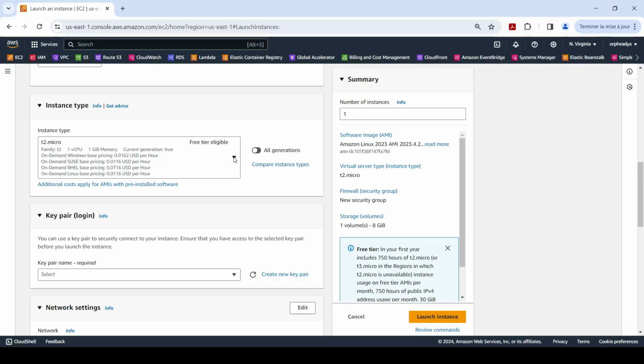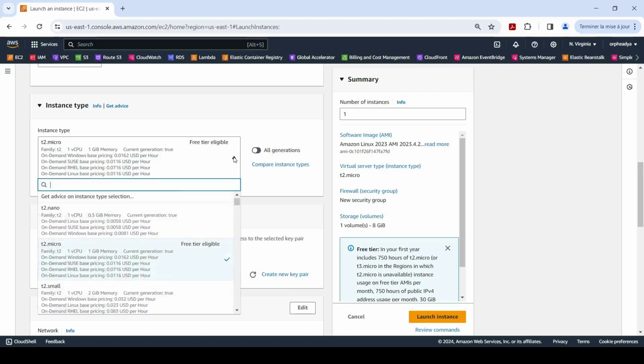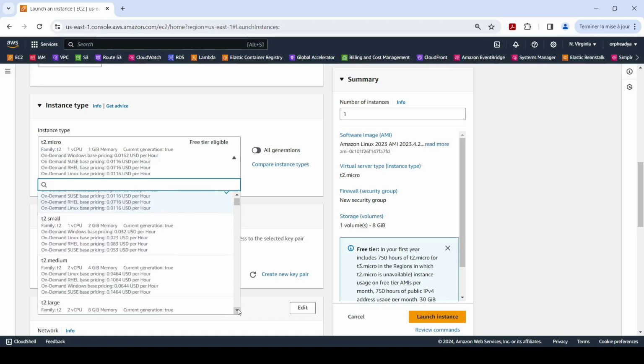If I scroll down, I can see that I have other instance types. T2 Small has 1 vCPU and 2 GB of memory. And T2 Medium has 2 vCPU and 4 GB of memory, but they are not free tier eligible.